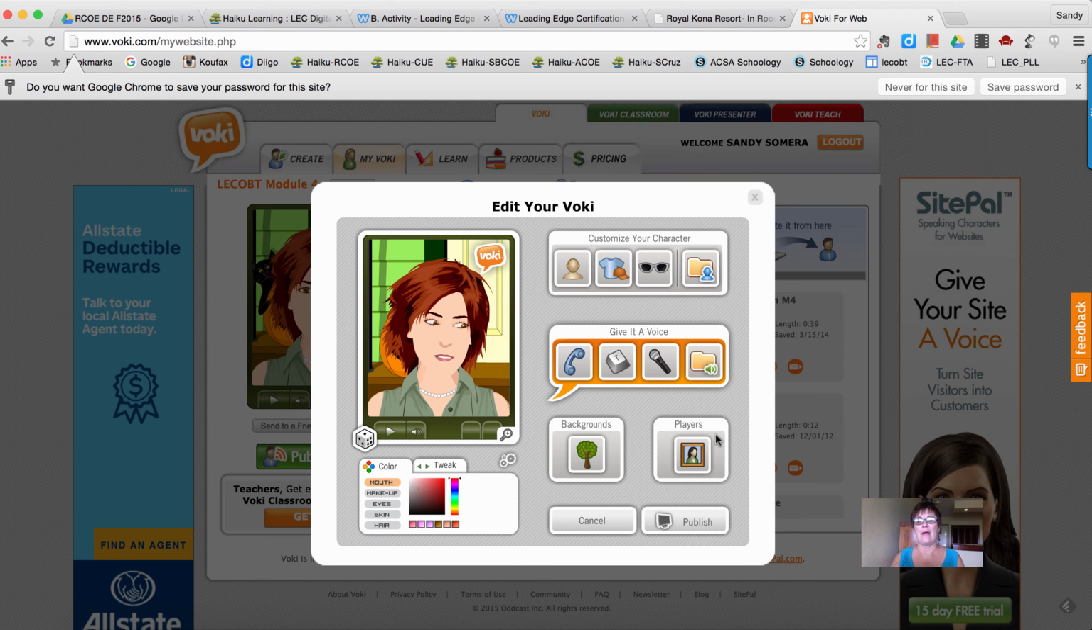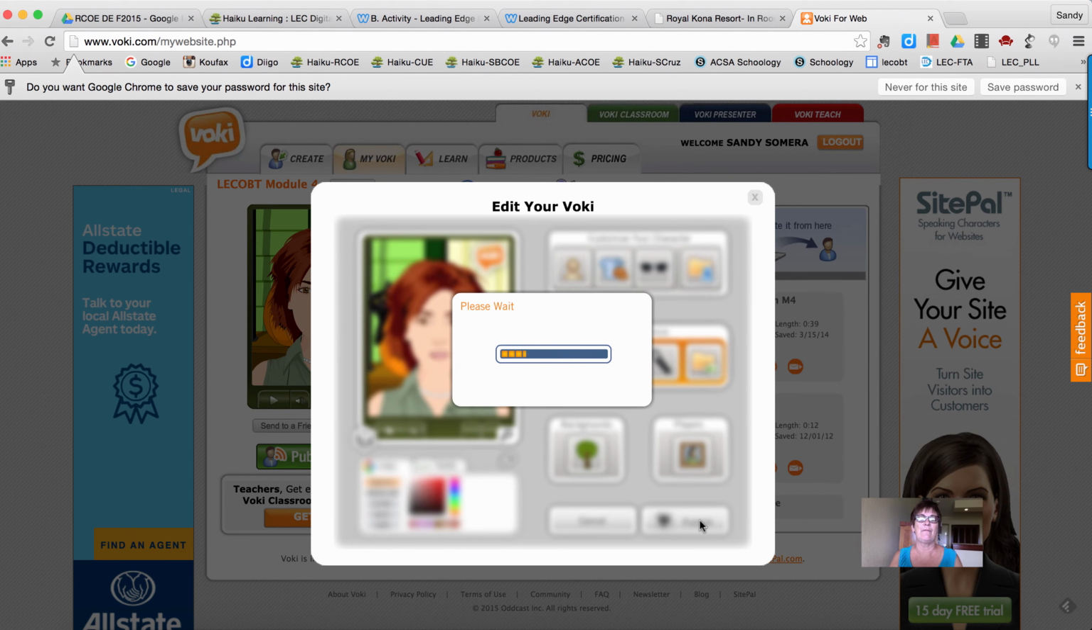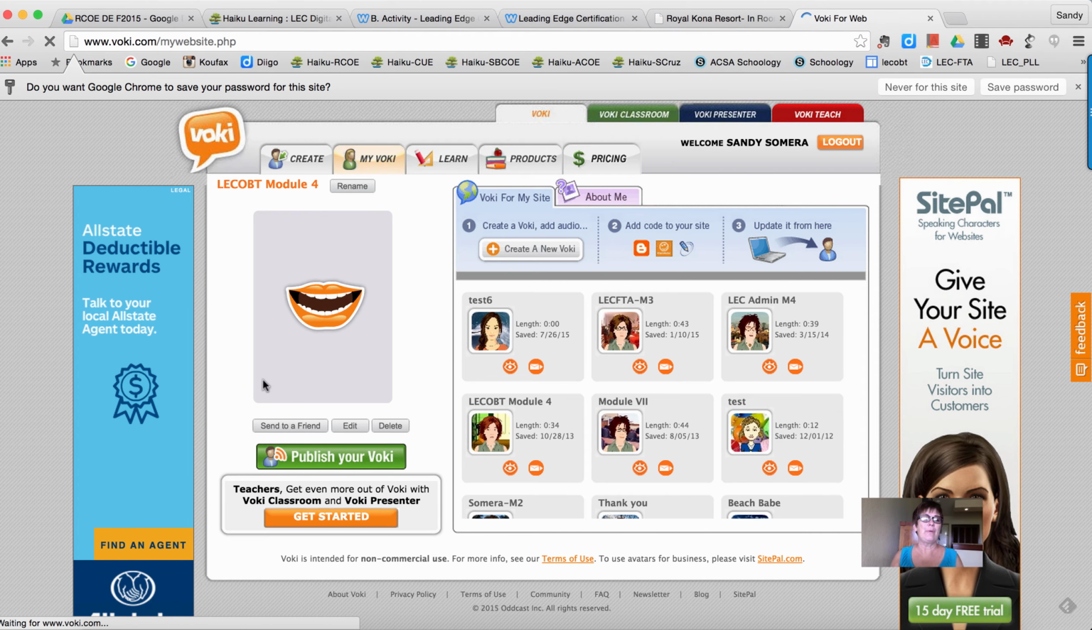So here I am, and I'm creating my Voki, and I'm adding the voice to it and customizing it and making sure it says what I want it to say. Then I'm going to go ahead and I'm finished. I'm going to publish my Voki. When I publish my Voki,